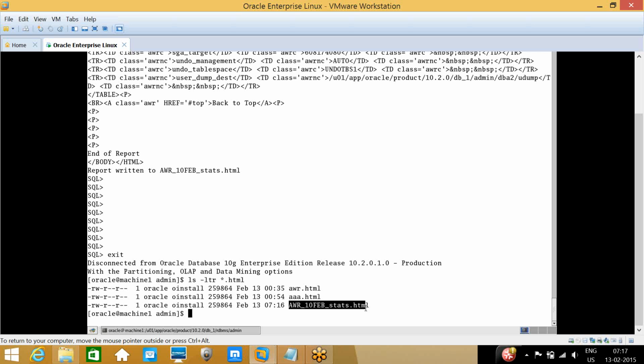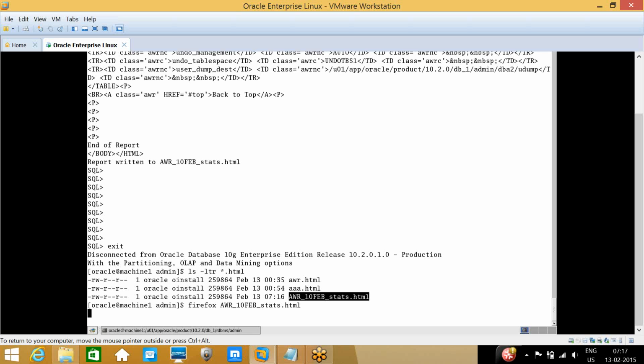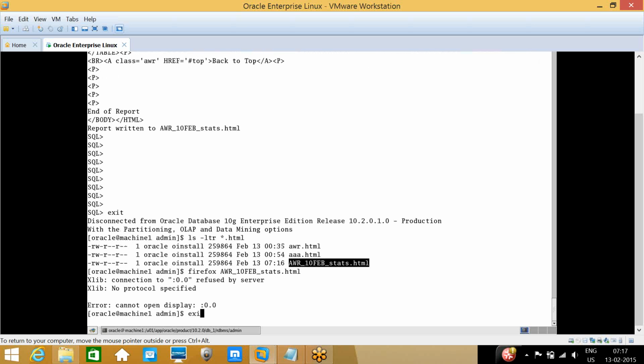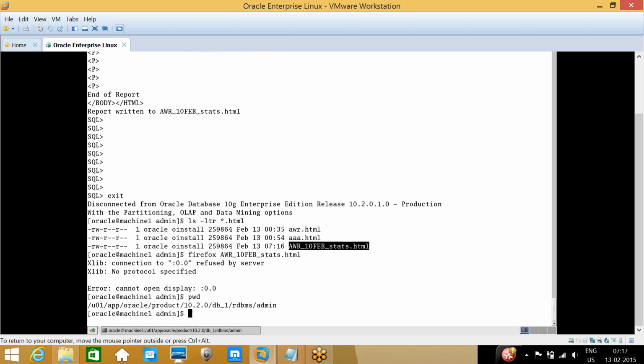This is the HTML which I generated. It will be generated in the same admin location. If you want to generate it in a different location, you need to give the path along with the file name.